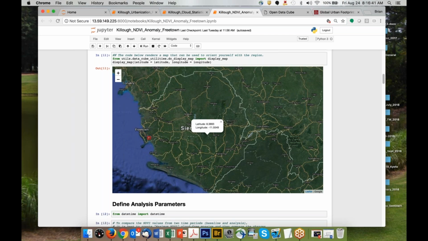I just want to know how you determine the NDVI threshold. Someone wants to know, how did you determine the NDVI thresholds? The NDVI threshold. So